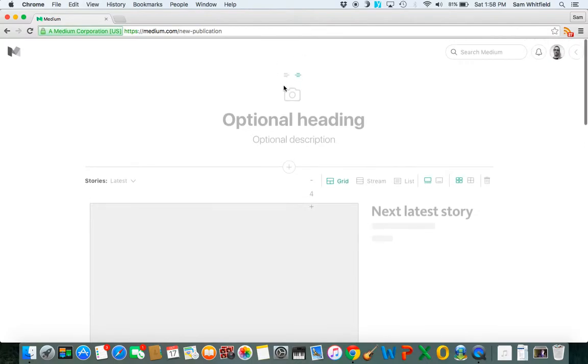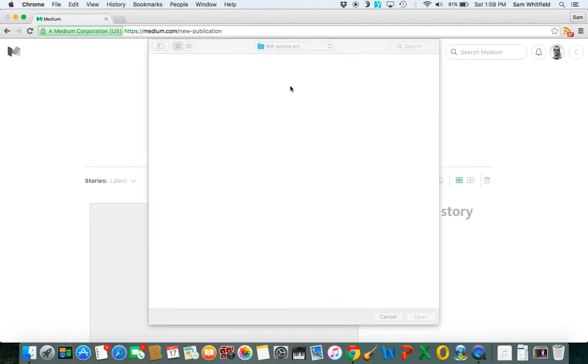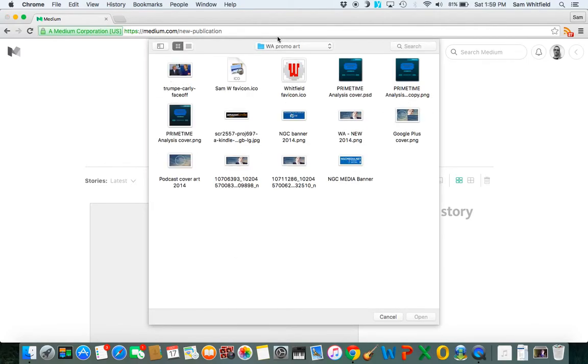So you can add an optional heading, an optional description, and you can also add a header image. Now, I have a header image that I've actually created, so I'm going to click on the little camera icon, which I just did.